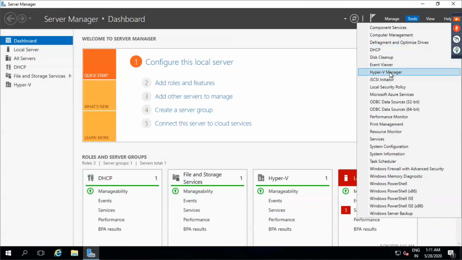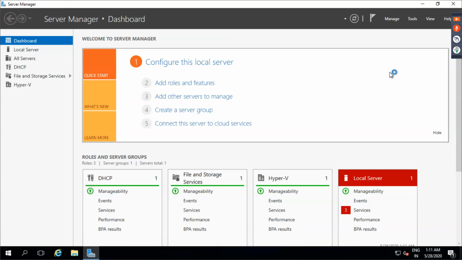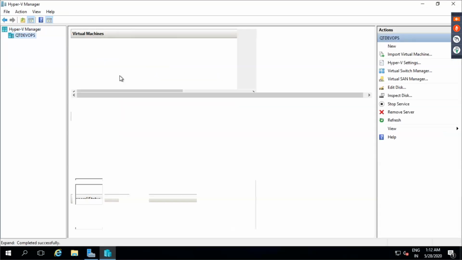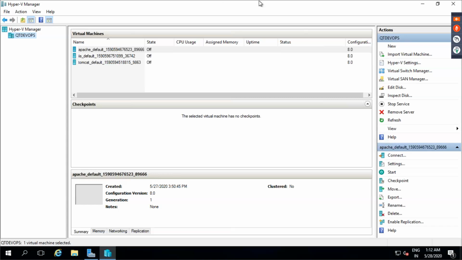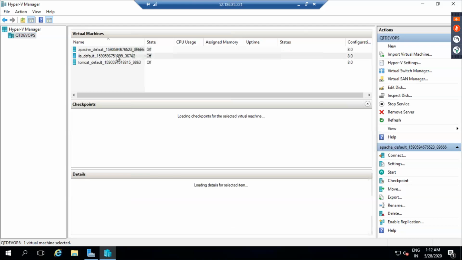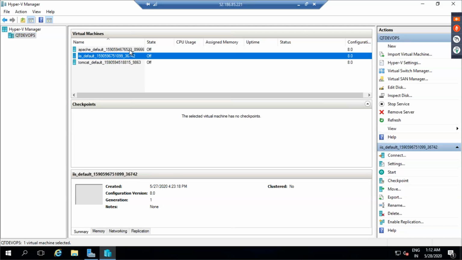Let me open Hyper-V Manager. I've created 3 virtual machines. The third virtual machine is just a Windows server.